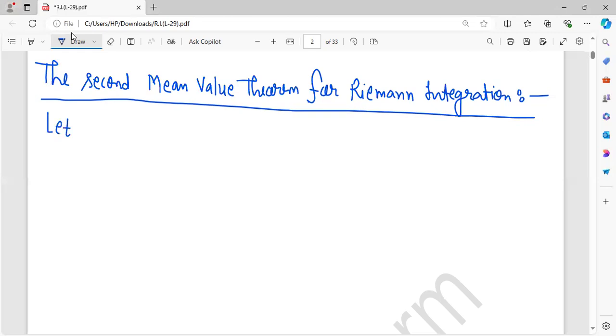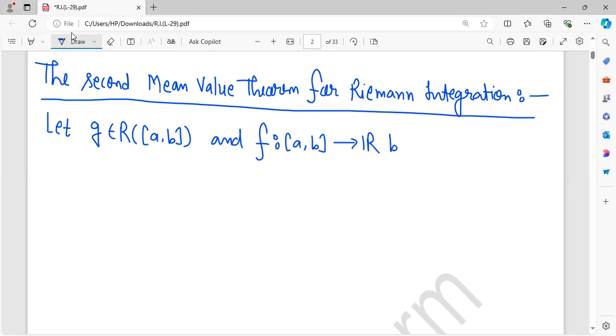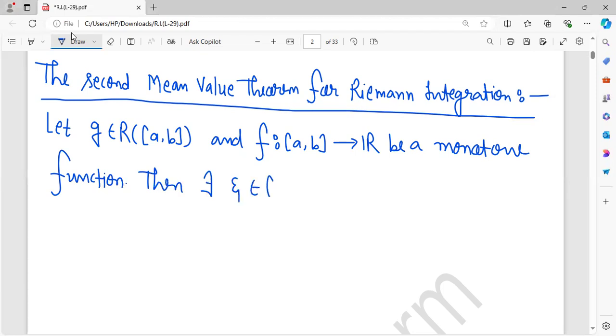Let g belongs to R[a, b], okay, and f: [a, b] to R be a monotone function, then there exists ξ belongs to the closed interval [a, b] such that